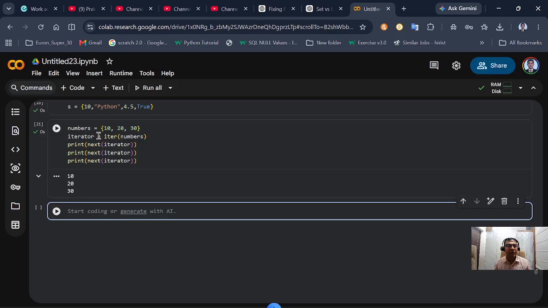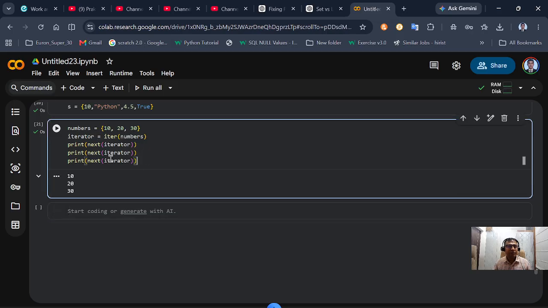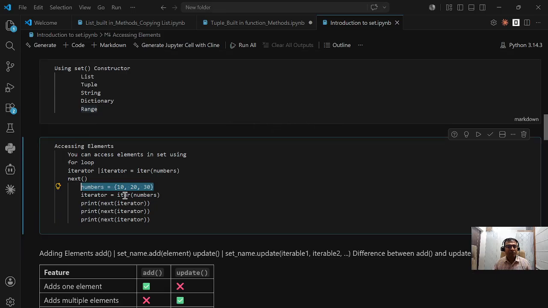Okay, so it is now iterating numbers. You can also use next as an operator. For example, if I am saying iter number operator,